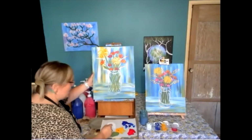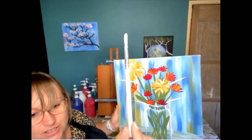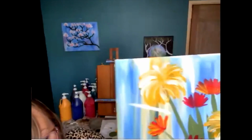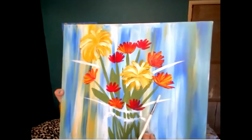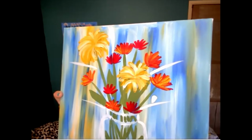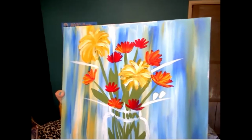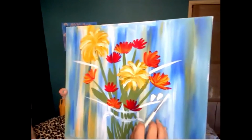All right, so the next step, now I have plenty of paint on that brush, and we're gonna be stamping the side of the brush. So I'll do a couple up close in a dark area so you can see them. So I'm going to press the side of the brush right next to that white stick. So I'm taking that brush and I'm pressing it, and it will make a little triangle. It kind of looks like an almond